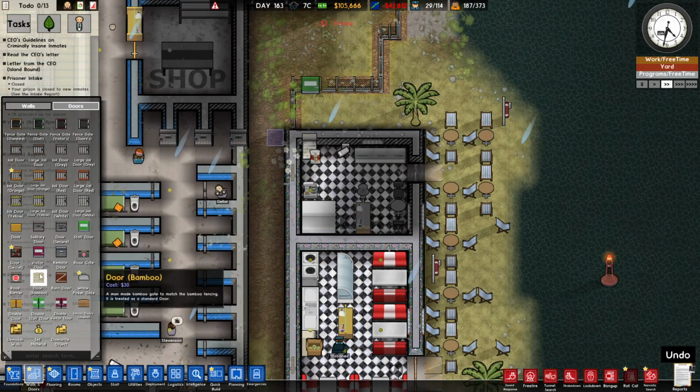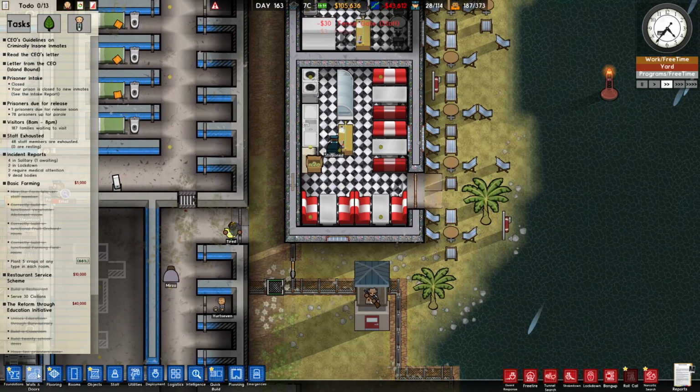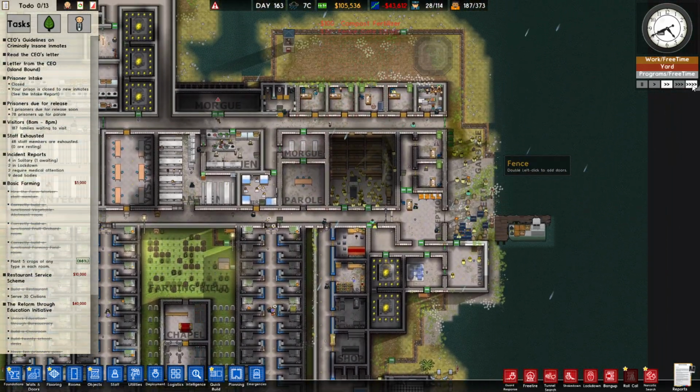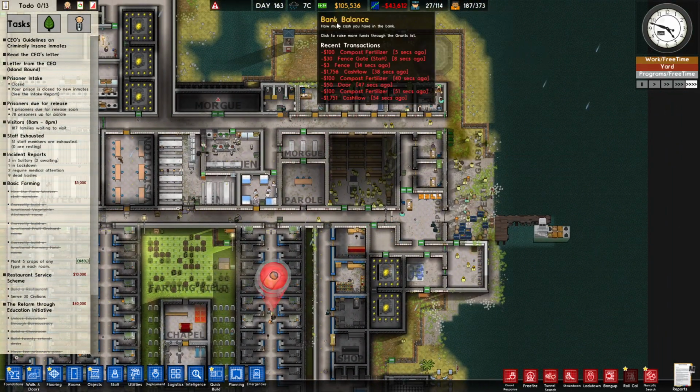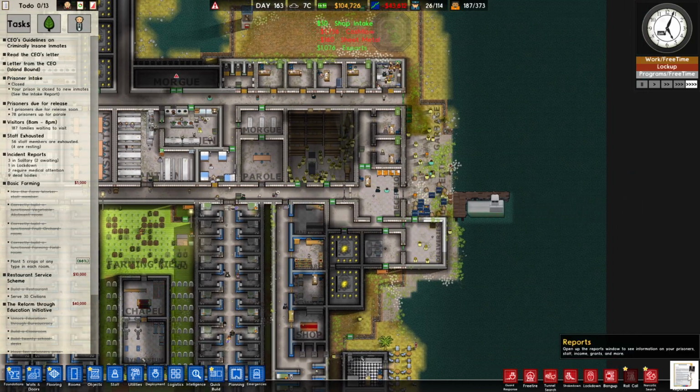Right, we want this to be a staff gate. And we have a staff gate there. Right, perfect. Go to fast speed. Bit worried about running out of money, by the way, as I mentioned before. Which, now that I think about it...